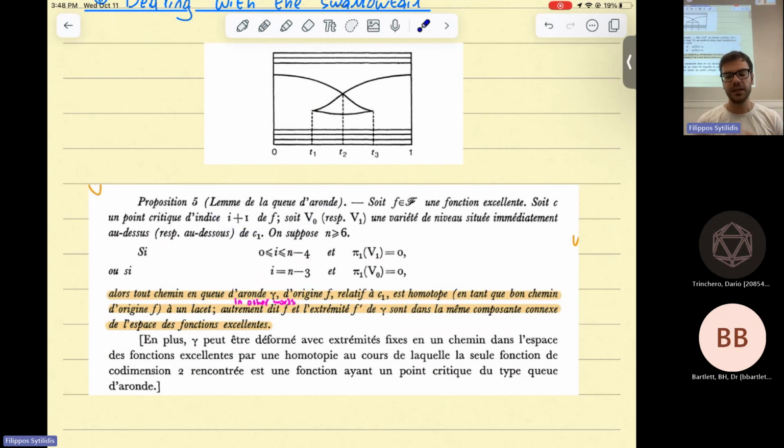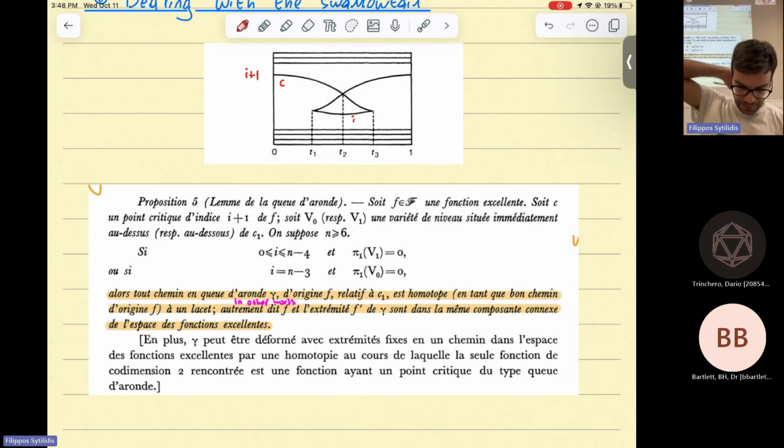The swallowtail lemma is that if you have f, a function which is excellent Morse, and c is a critical point of index I plus 1,